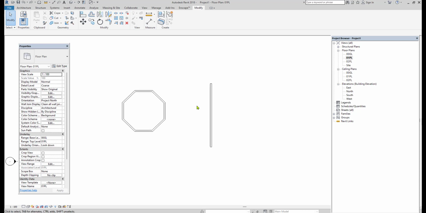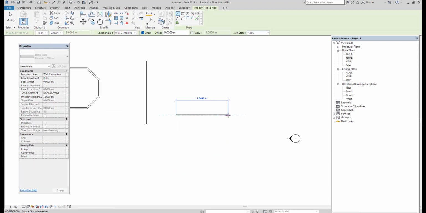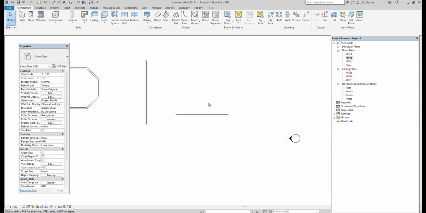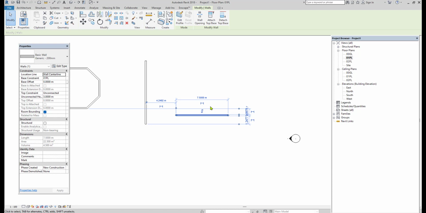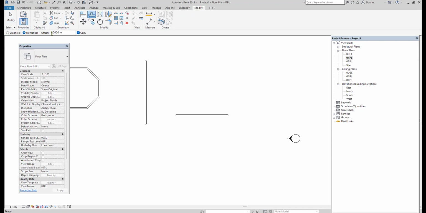At a time you have to extend multiple, so we have a multiple extend option. For that I just draw multiple walls. Even you can copy this wall or else you can make an offset. For that I am going to operate the offset command, that is OF, and then give the distance at what distance you want to offset. Then you just go on making offset for the selected object.